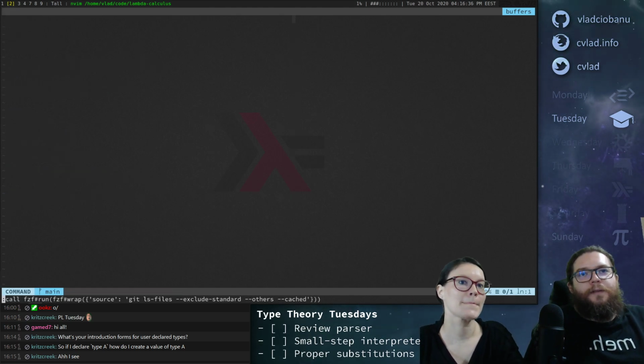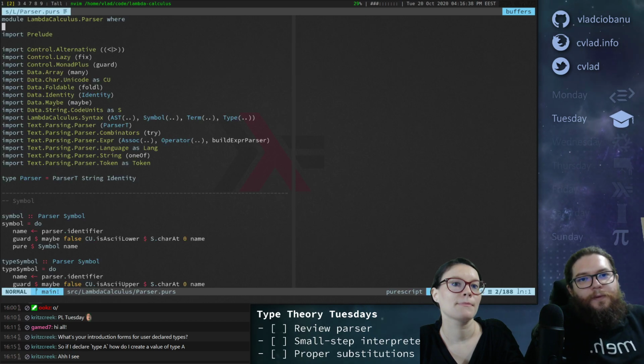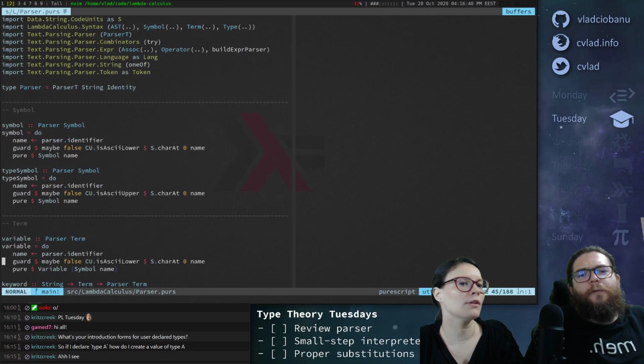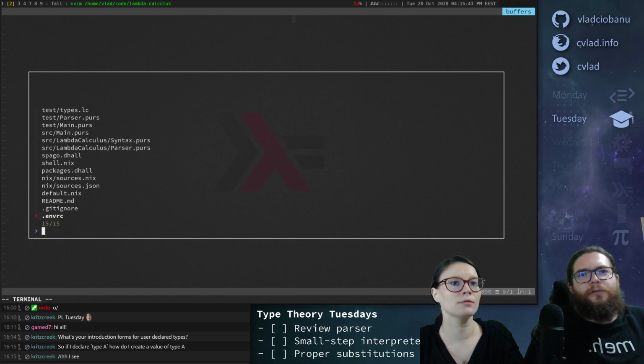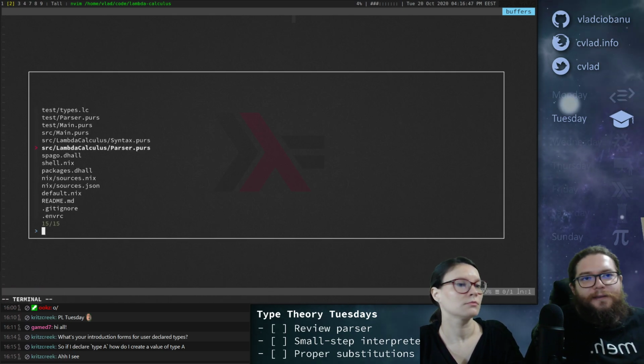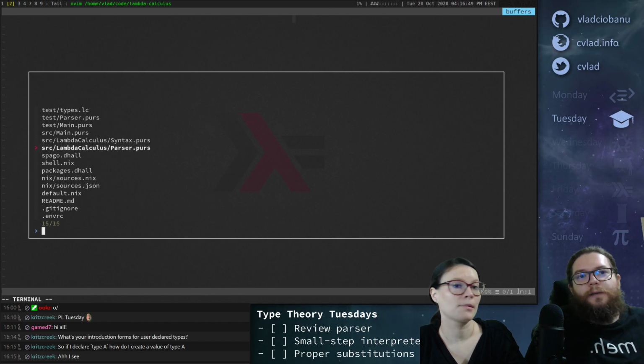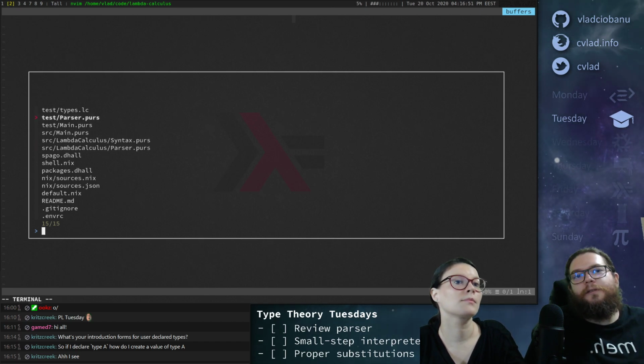Okay. So then we have the parser, which I will not even go through, because the code doesn't matter. If you're interested, you can go to GitHub. I'll give you the link in a second and you can read it. We won't go through the code. I'll just show you the tests, which also have a lot of examples.